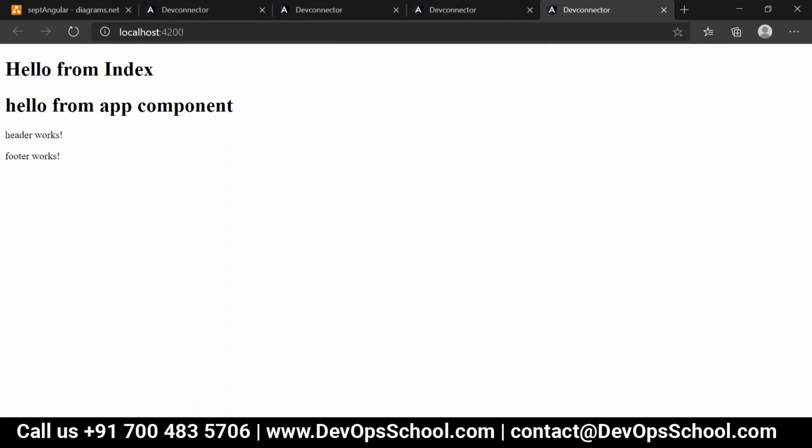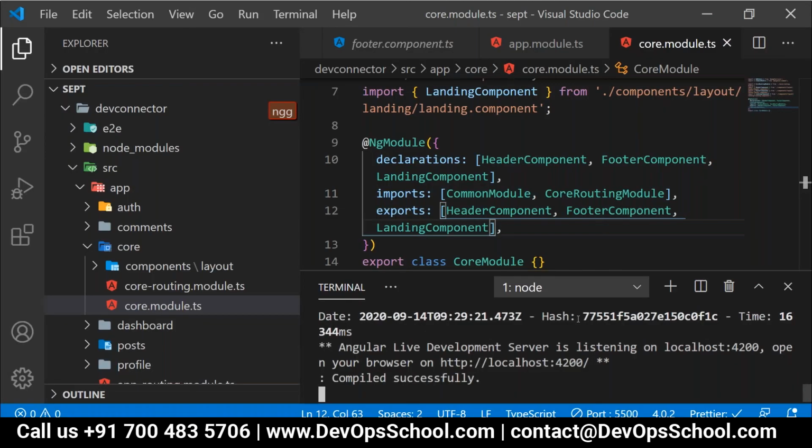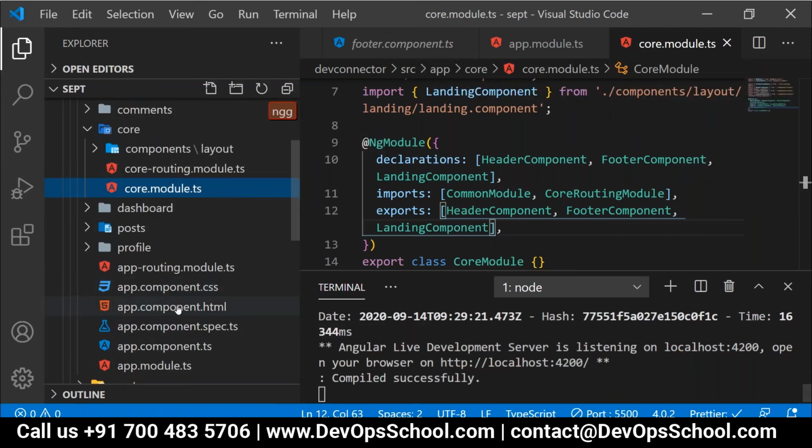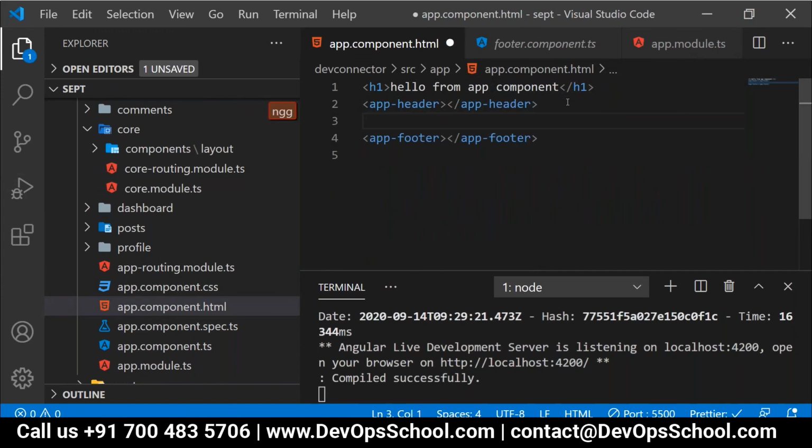Okay, we will have a look over here. Sorry, we have not used it in app.component.html. I think so. Correct, that was the reason.